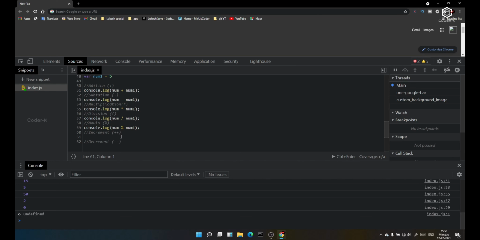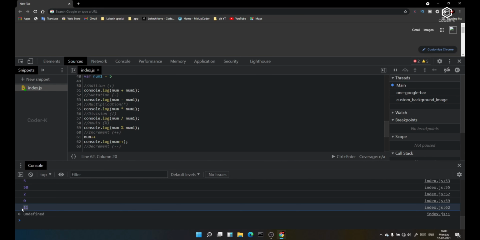Now let us go and enter into the increment operators, guys. Here in increment operators, we use plus plus, like num plus plus. Console dot log num plus plus. Let me show you.